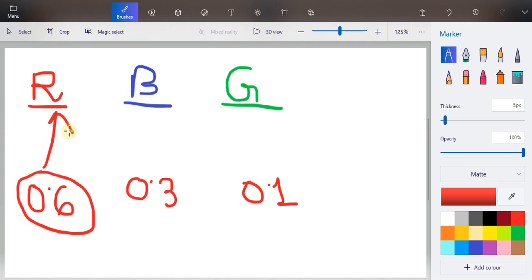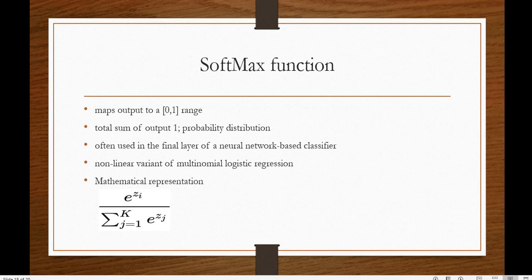So this is how this softmax activation function works. This is the mathematical representation. It may look a little bit complicated, but it is actually like the set of outcomes that we get. We calculate the exponential of that outcome and divide it by the total exponential of all the outcomes, and then we calculate the probability, and based on that we decide in which class the particular input should be put. And this function is generally used in the final layer of a neural network based classifier.